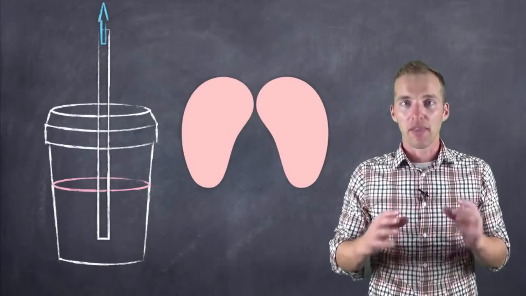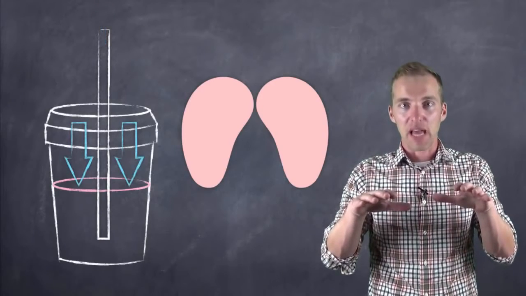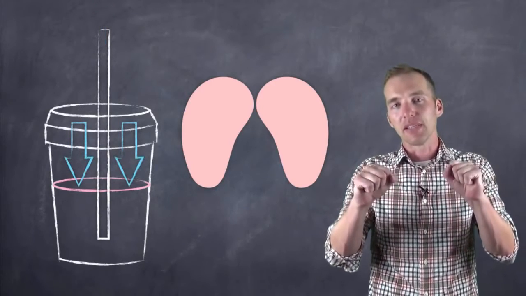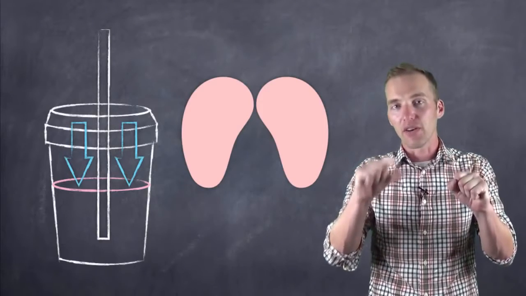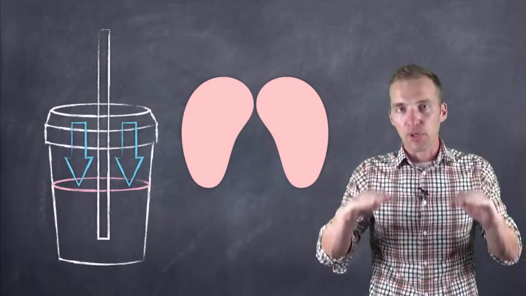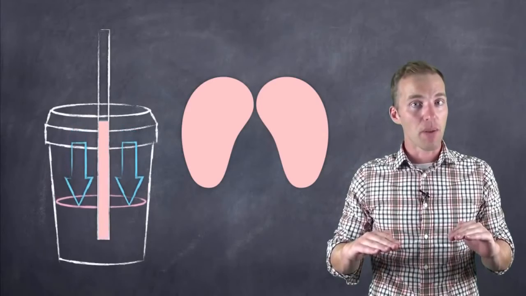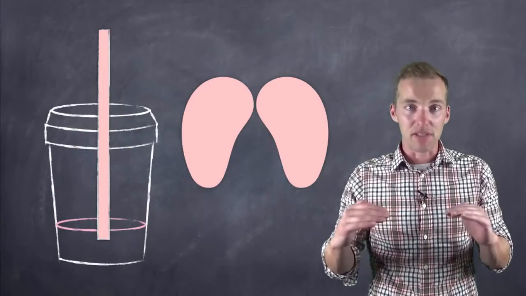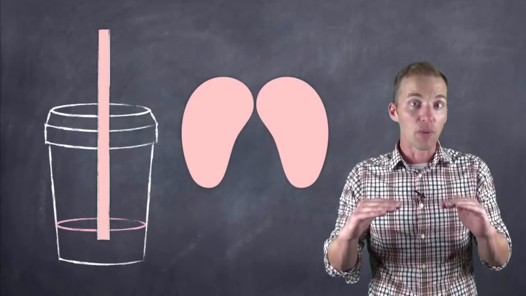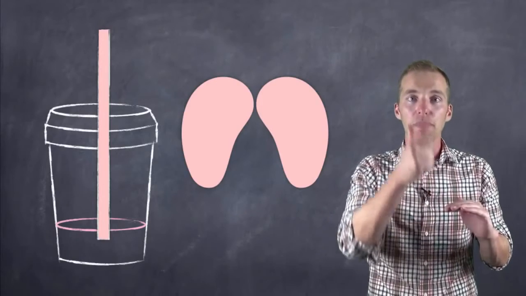Outside the straw, the air pressure is acting on the surface of that liquid. And so what happens is that that air pressure, which is now greater than the pressure inside the straw, pushes that liquid down, just like our liquid barometer. And what happens is, since that liquid has a low compressibility, it is going to go up the straw and